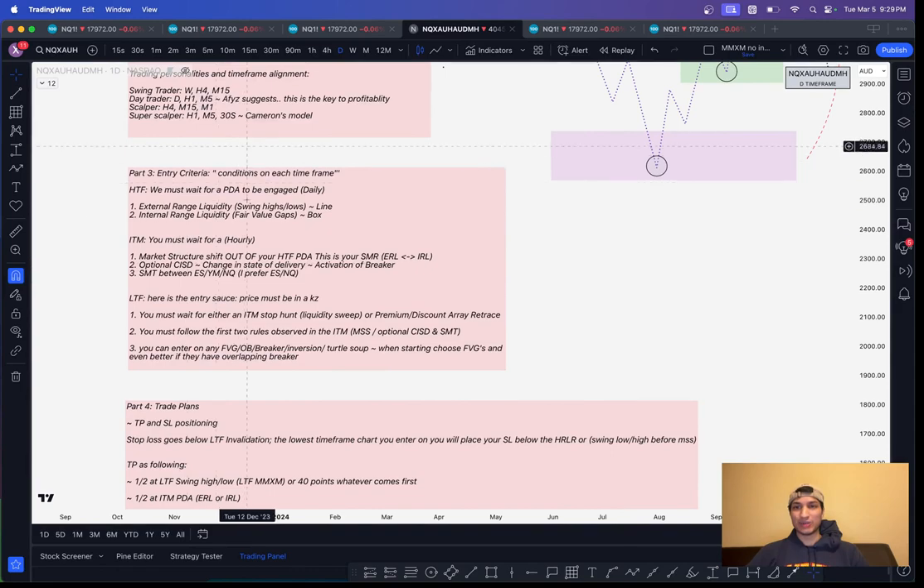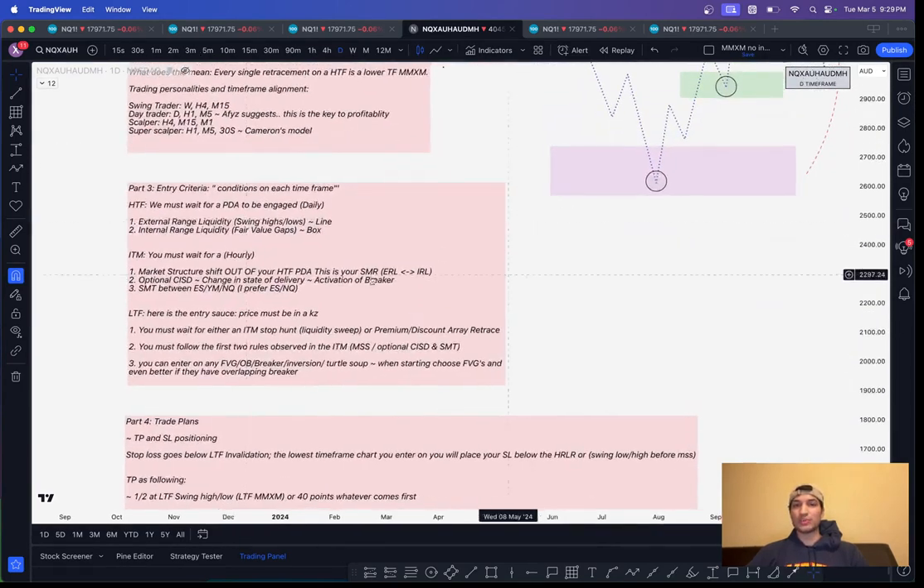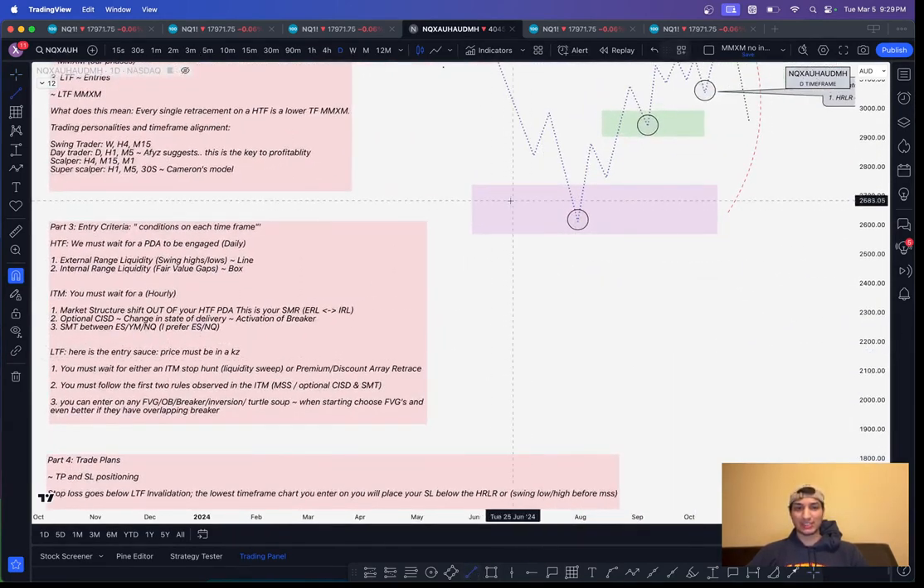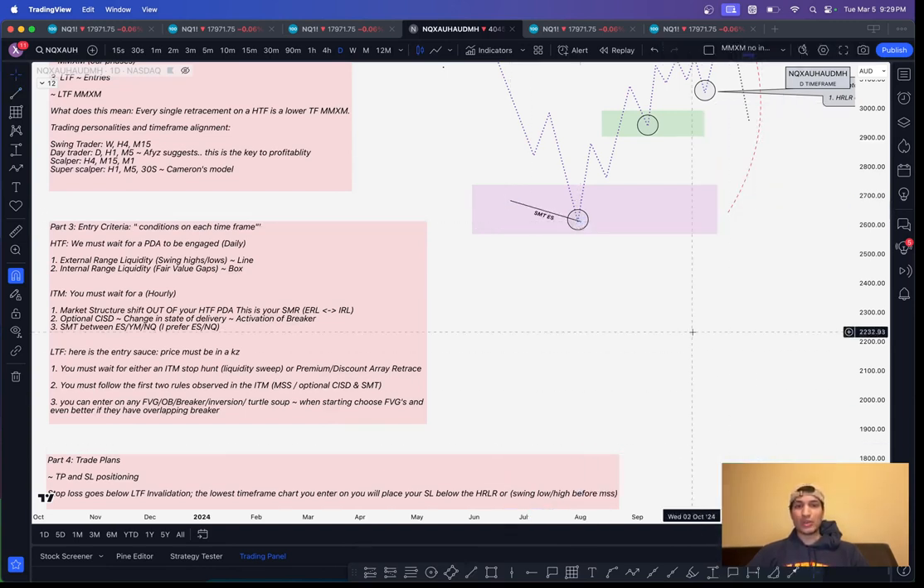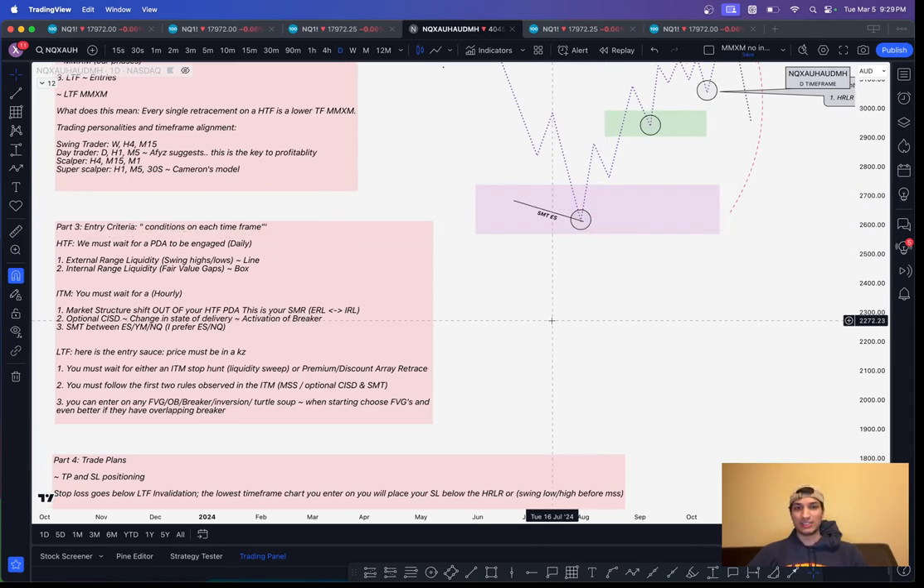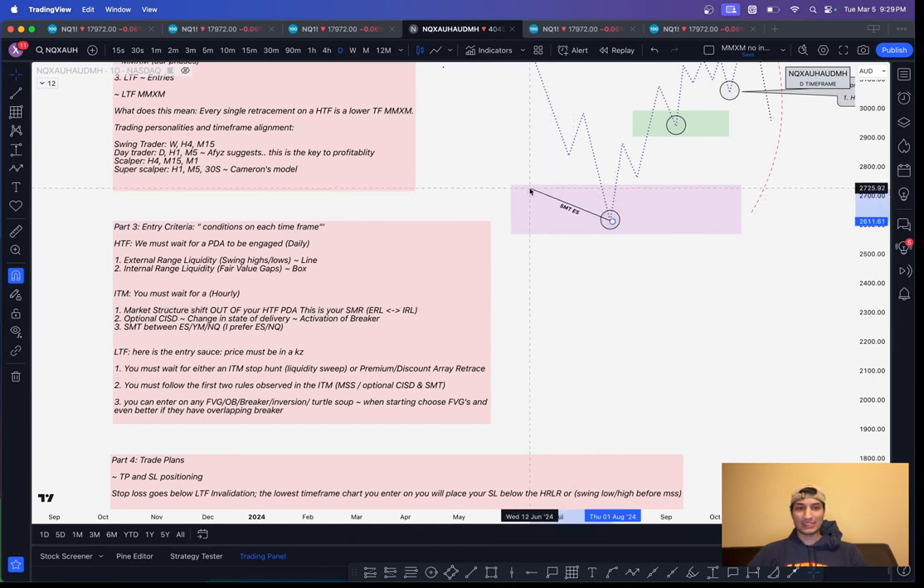Finally, like I talked about in part 1, we are going to be framing this only in the context of an SMT as well. For the highest quality reversals, we want to see an SMT. So if you're trading NASDAQ, you want to see ES put in a lower low or a higher low to that area of reversal inside your higher time frame PD array. So for example, if we see NASDAQ come in and create this lower low, then we know this is a